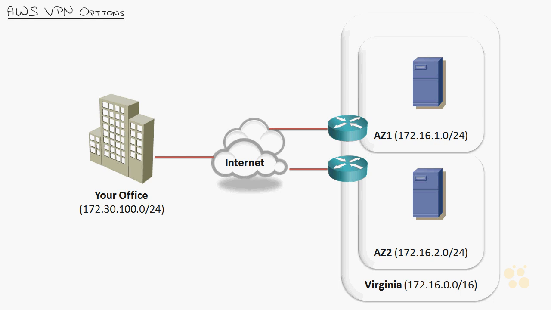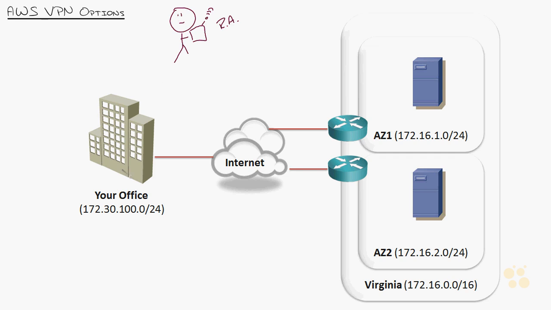That's one option. Second option, and this is not one provided by AWS, but a lot of people do that. What about those people running around with their tablets? That first option I was talking about yesterday, the remote access VPN. If you want a remote access VPN, you're going to have to set it up